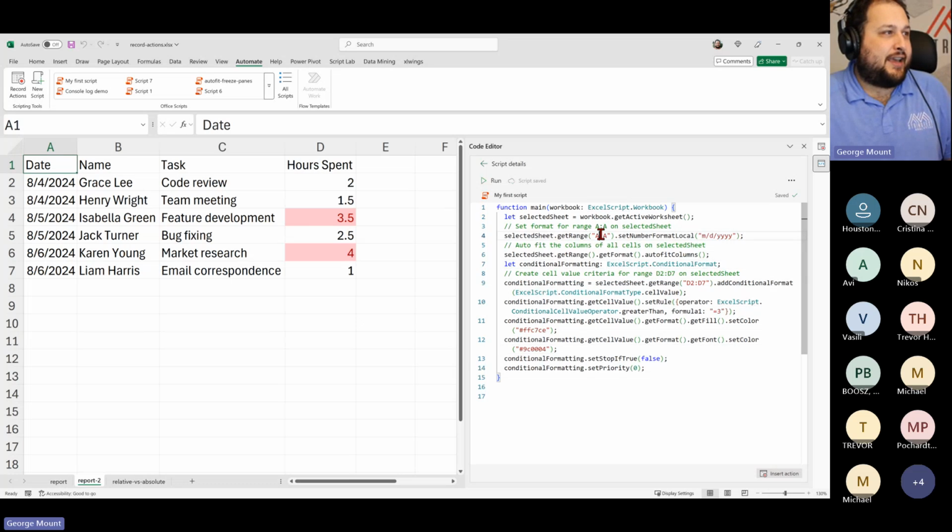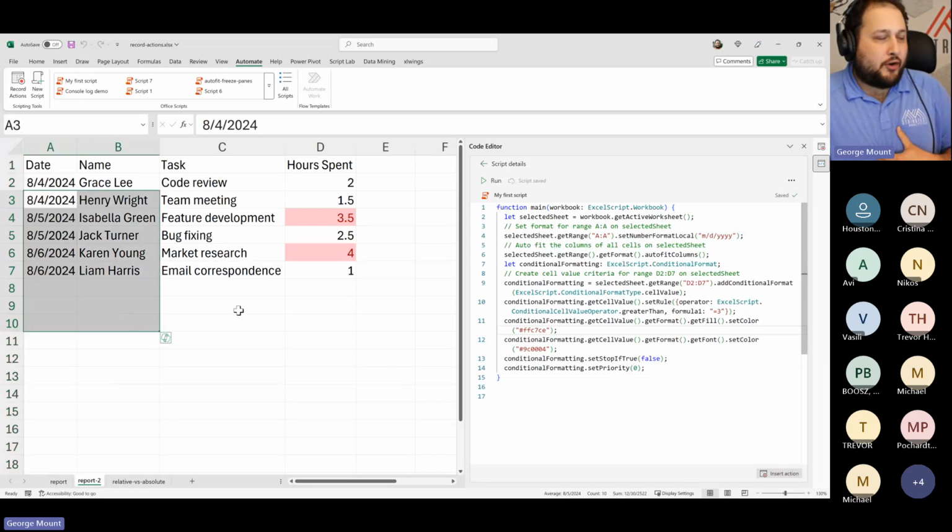The issue though is, like column A, D2 through D7, there are a lot of hard-coded ranges in here. What happens if this data set started in a different cell, or if this column is actually in column B, or if there are a different number of rows, or what if I wanted to just loop through all the worksheets? We can't do a lot of those things. So it's pretty limited in terms of really building scripts that last and that are extensible and scalable. But at least it's a start and you can get your feet wet with this.